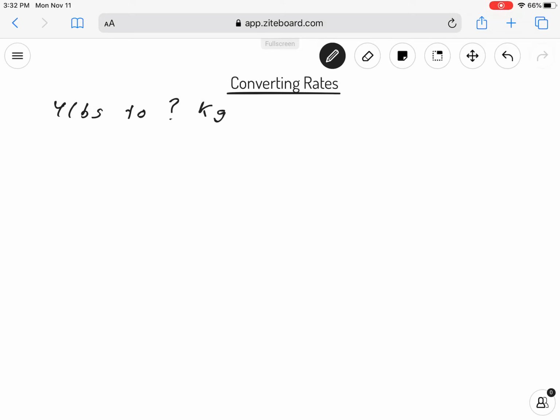Okay, and on page 278 of your book, there's a bunch of different conversion rates, and it tells us that to go from pounds to kilograms, 1 pound is approximately 0.454 kilograms. So if I have 4 pounds,